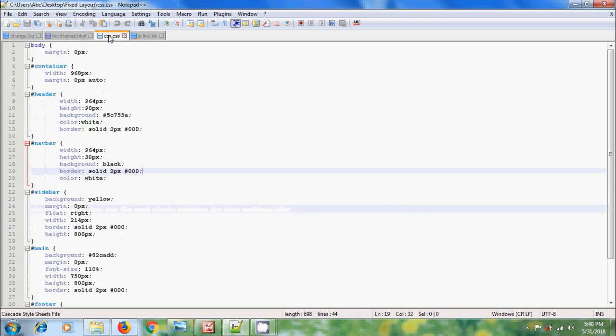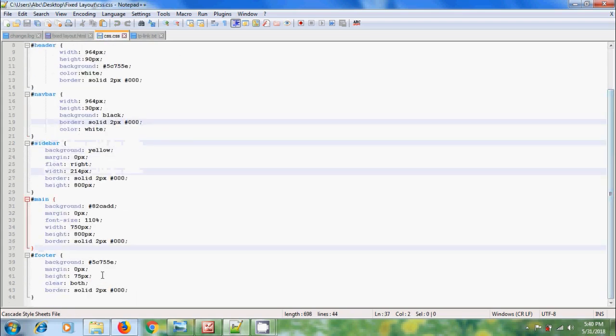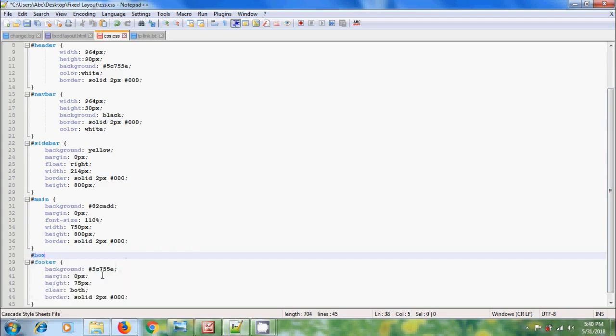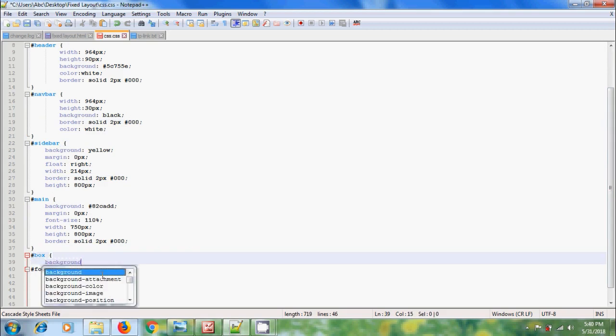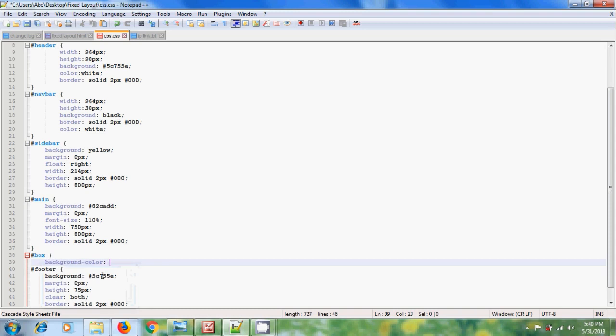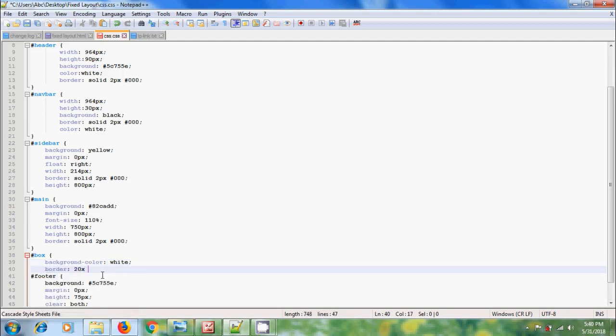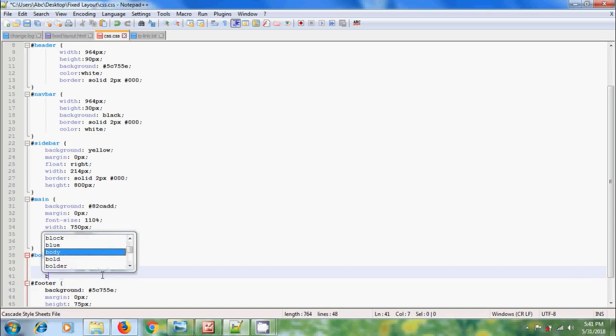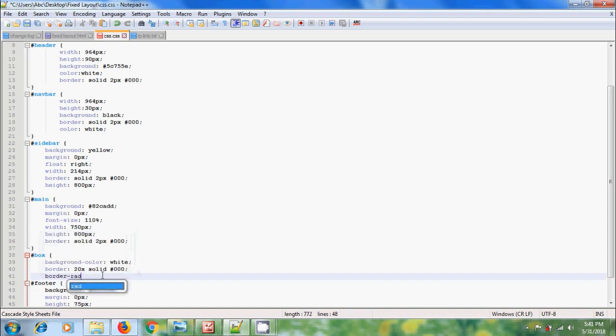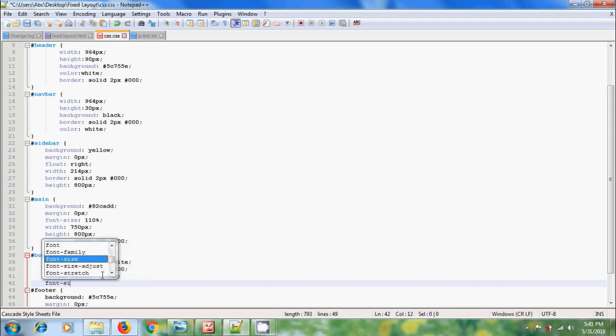So come to CSS and please type open curly braces, and here I want to use background color white, border 2 pixel solid black color, border radius 0.5 em, font size